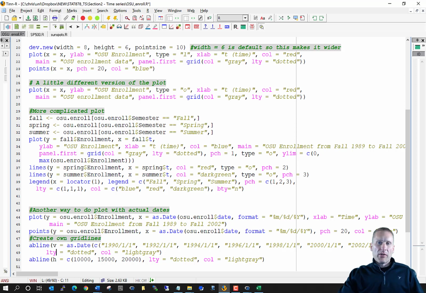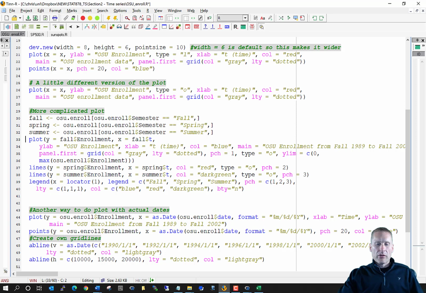Now, let's use the plot function to first plot all the fall enrollments. So in this particular case, what I've decided to do was use the plot function. Now I will use typically the way that you do a scatter plot in R. I'm going to use a Y argument to correspond to my fall enrollments. My X axis is going to contain my times from my data frame. And I'm going to color this line in blue. I'm going to use the type equal O because I'm going to get both points and lines.